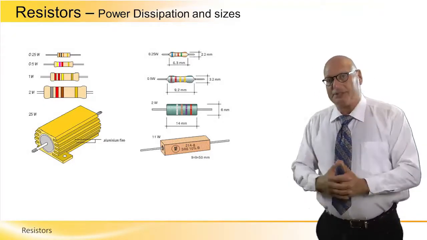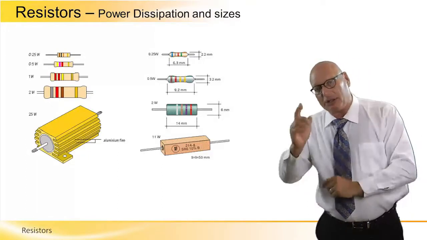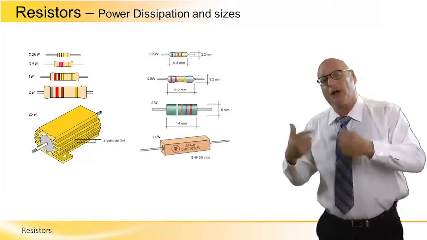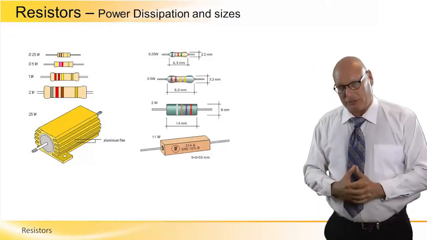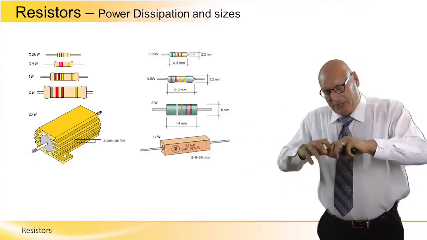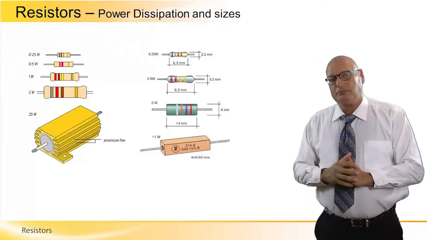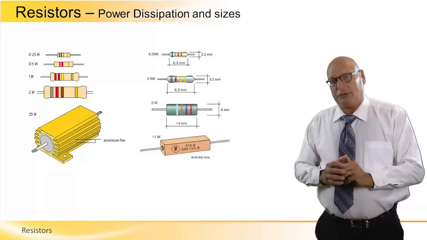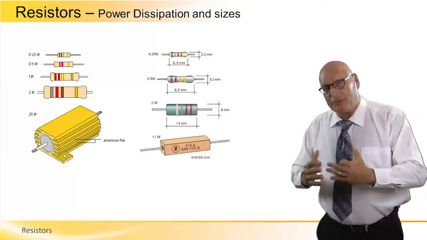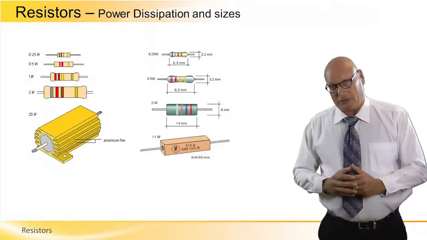The lower the resistance, the higher the current. The higher the current, the higher the power. The higher the power, the higher the dissipation, the heat generation, and the need to dissipate. Therefore, we need more surface area around the resistor,